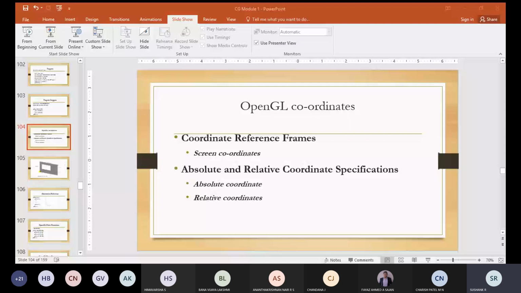Here the display window will be referenced with the coordinates 0, 0 as the minimum position at the lower left corner, and the maximum position 200, 150 at the upper right corner. After this we can designate one or more graphic primitives for displaying using the coordinates specified in this statement.